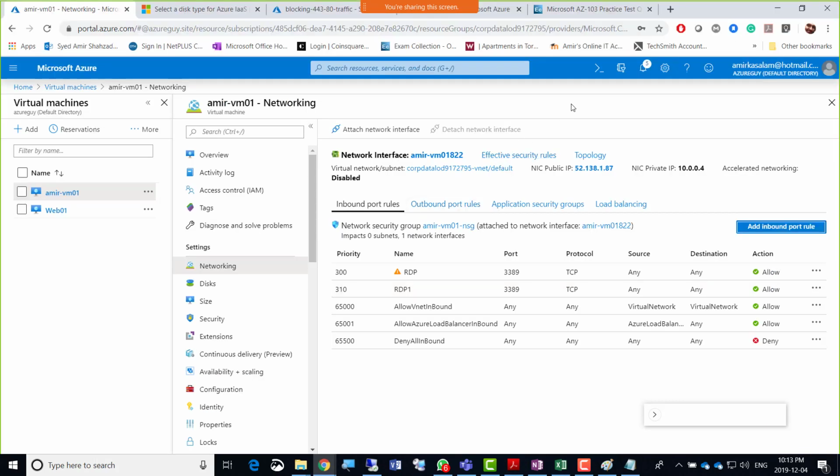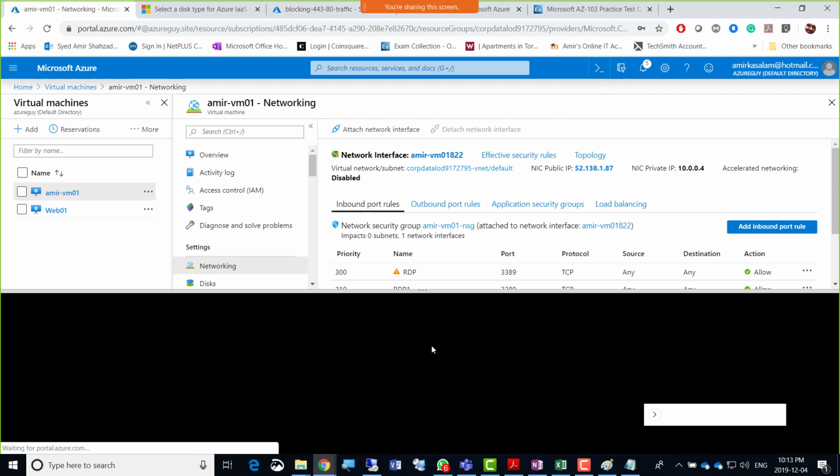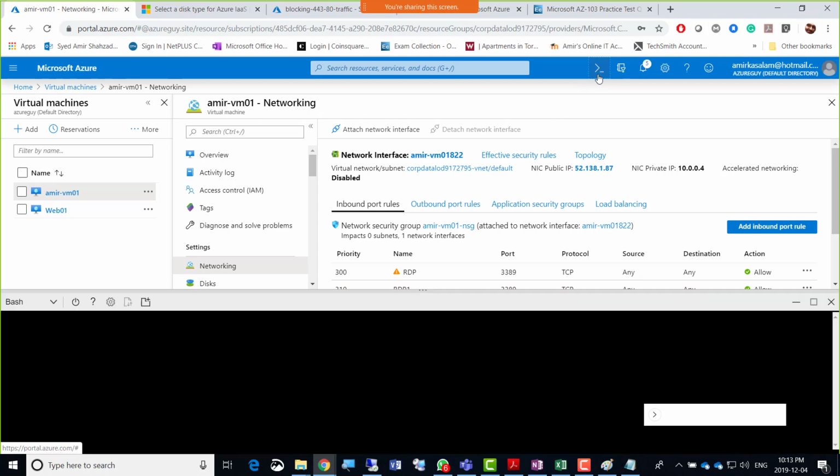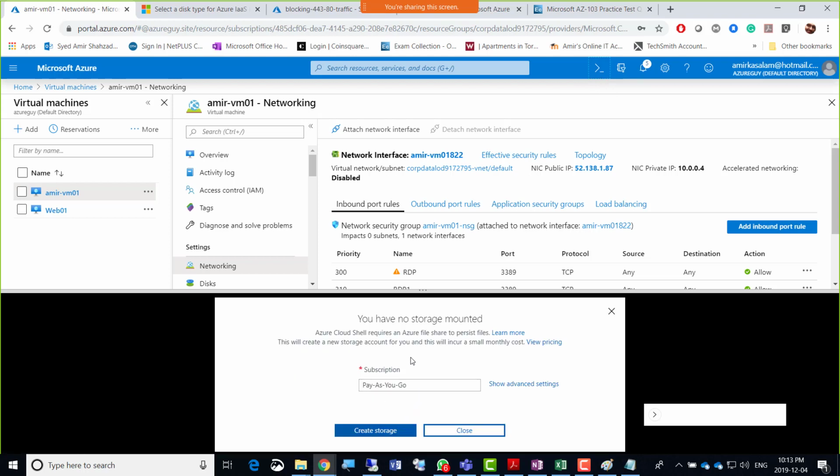So now we need to give this in Cloud Shell. Ali mentioned there was just one Cloud Shell question, like PowerShell, Cloud Shell. Okay, thank you, sir. I'm just going to go there. There's a Cloud Shell here. We're going to click that Cloud Shell. You have to click this one. It then asks, hey, do you want to go for Cloud Shell? So yes, create a storage. It will create a storage there as well. So let's click create storage. And one day, Monday or Sunday, the Cloud Shell will open.